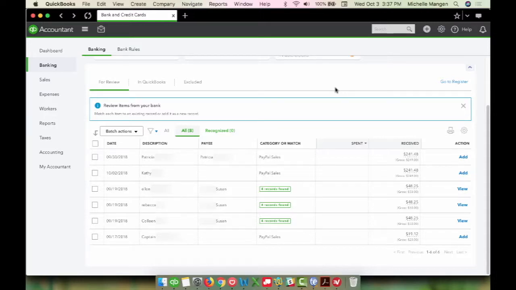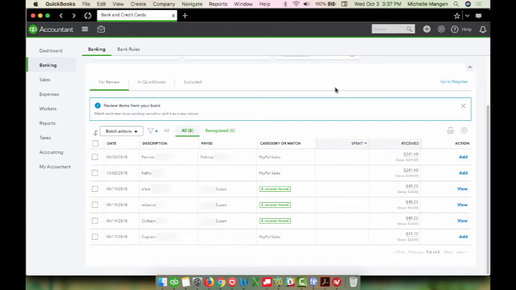Hi there. Some of you may have noticed that QuickBooks has been forcing you to update the PayPal connection. I have not seen this new version roll out to all of my clients, but you may have already seen it on your end. Maybe it's coming, not 100% sure. However, what I did want to do is show you the good and the bad of these